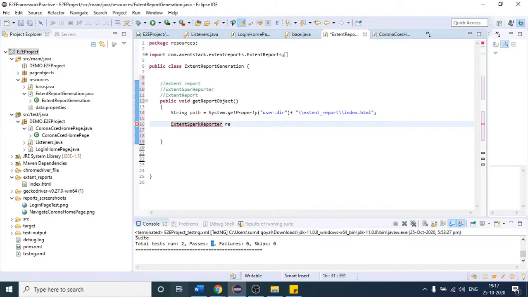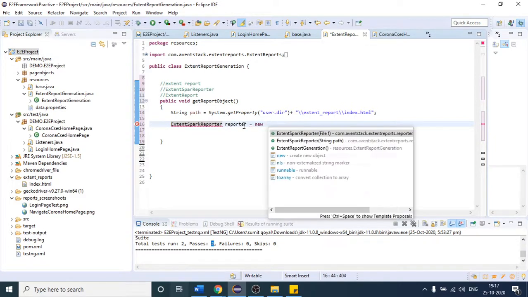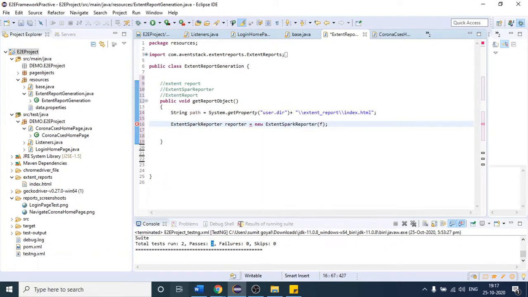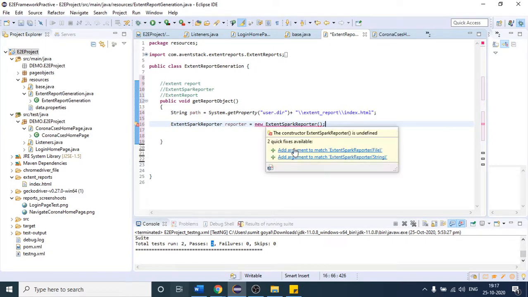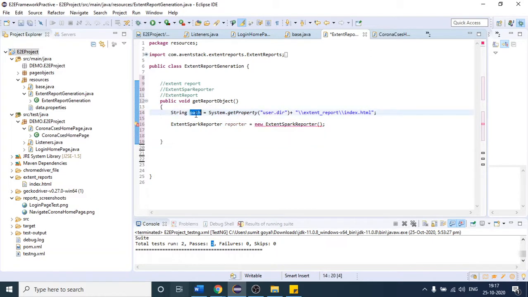I can give that name to the object as reporter, and with the help of the new keyword, I'm creating it. So here I'm just creating the object and giving the reference of that object to this reporter variable. So here you have to provide this path. Okay, I will be explaining the code again in a while. Once you provide that, there are two methods,